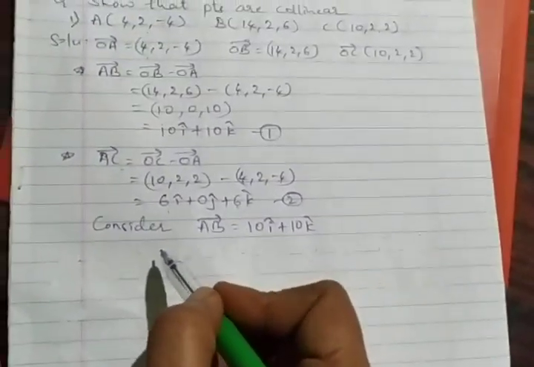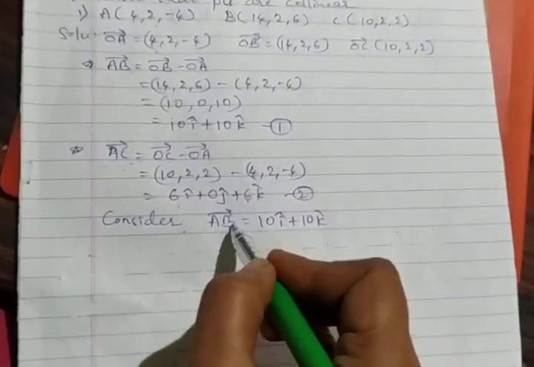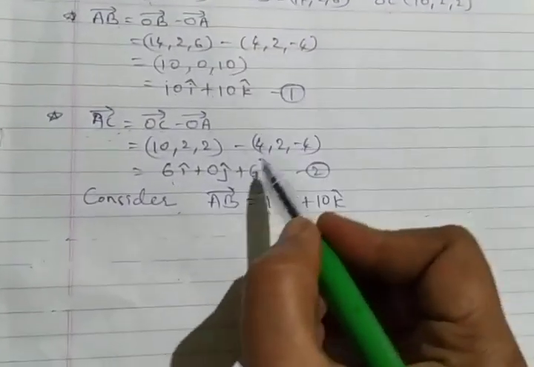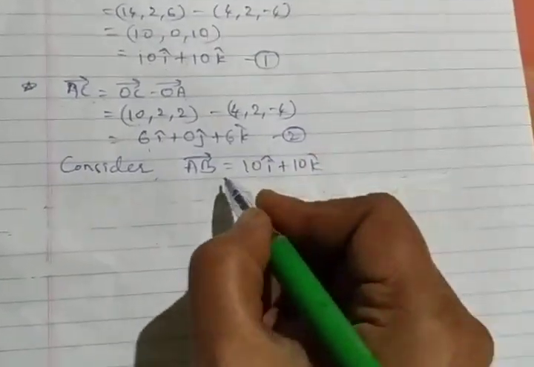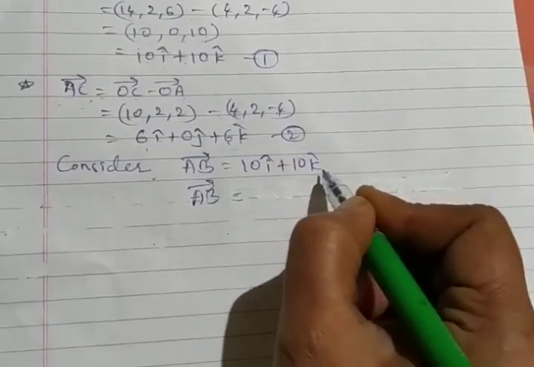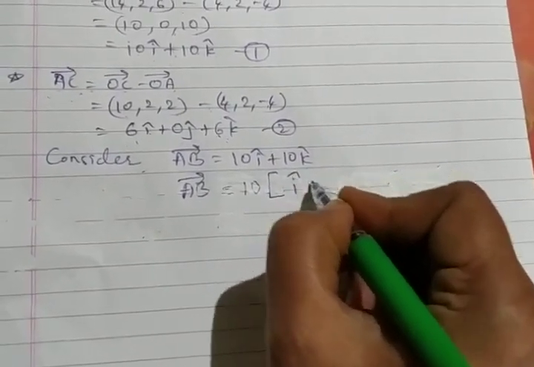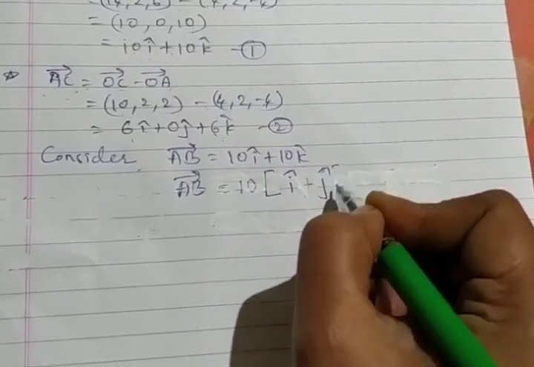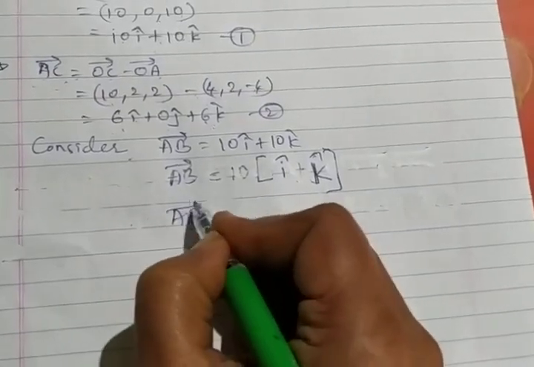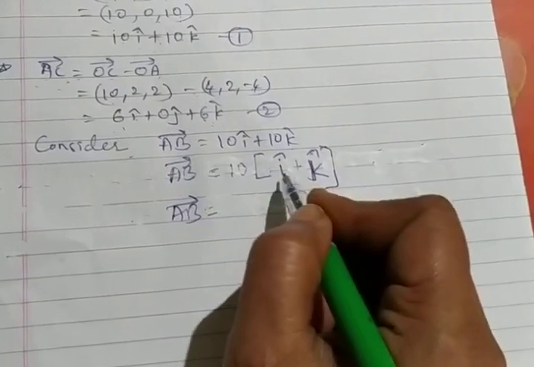Just try to arrange it here. To begin with, out of the two vectors, consider one vector first. That is, consider AB vector as 10I plus 10K. Followed by, your target is to reach here 6I and 6K. For this, keep AB vector as it is. Then at the most, whatever common terms are available here, extract them out. We had 10 common available. We are left with I plus K here. So once we have taken common, AB is kept as it is only. This 10 is the maximum common available, extract it out.